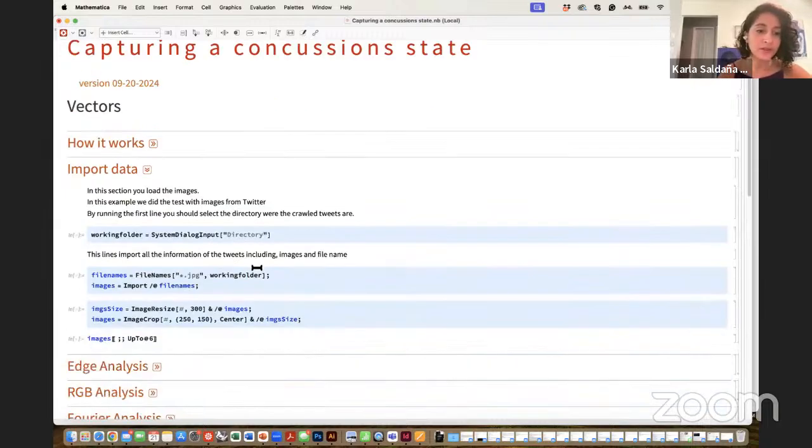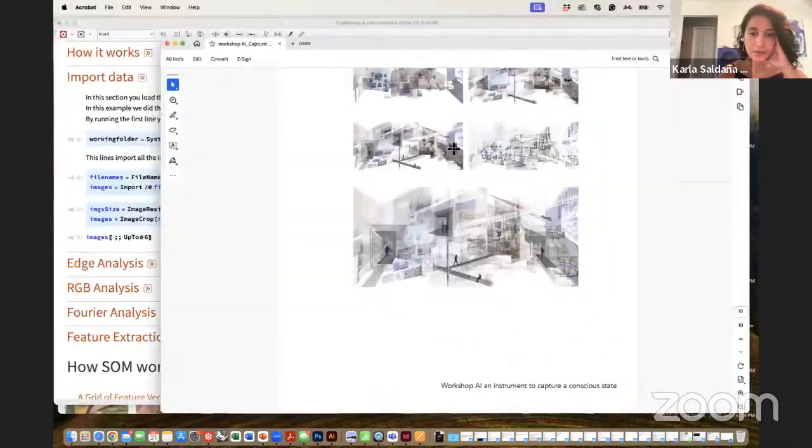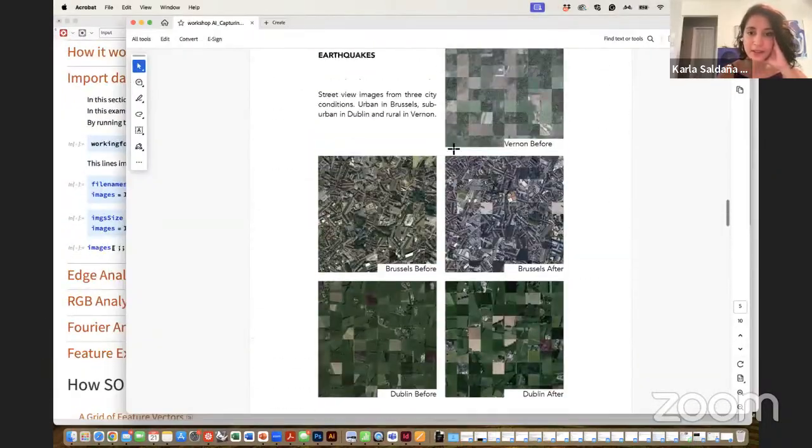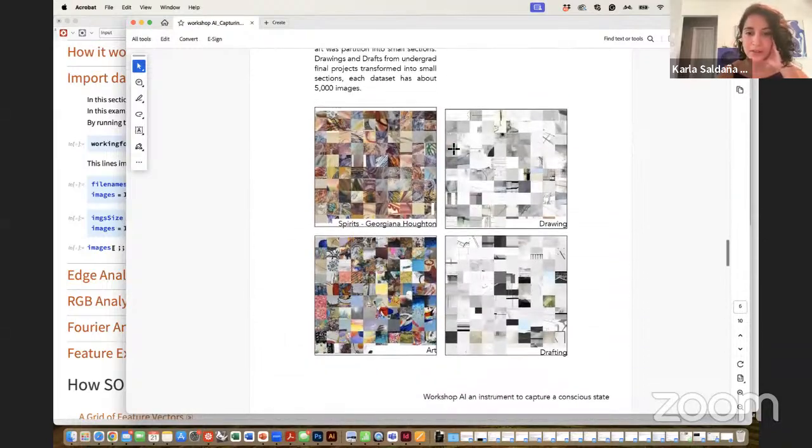So what we're going to do here, this section over here, allows you to load a specific data set. And as I said, if you go back to the PDF, I have set up several data sets for you to play with. As I said, I'm fascinated with spirits, so I'm just going to select the one with Georgiana Harrington. And then we can play with that.